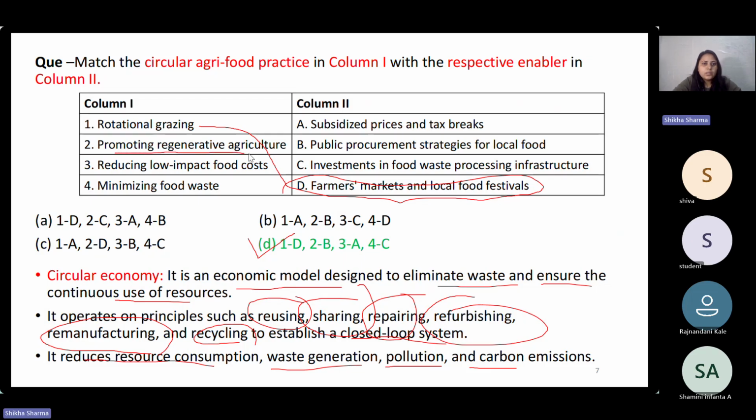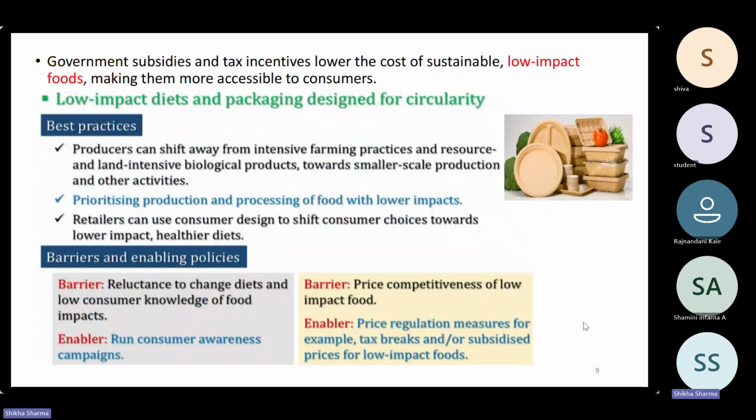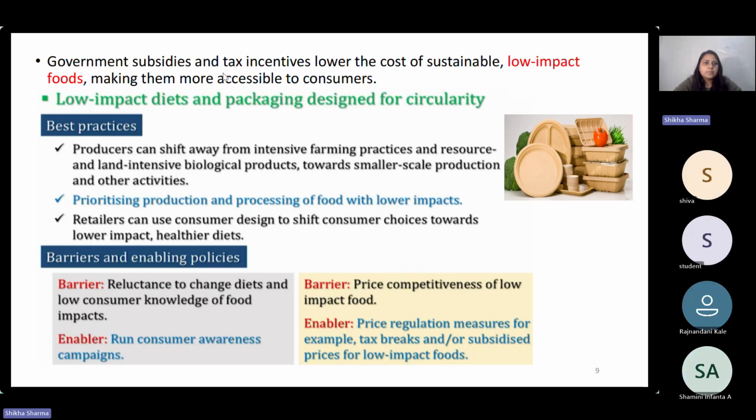This second, which is promoting regenerative agriculture, is related to public procurement strategies for local food. So if all the farmers go together, or all the customers go and purchase in bulk, and public procurement strategies are there, it is going to promote these regenerative agriculture practices. Then, the government subsidies and tax incentives. Basically, when we talk about the second concept, which is low impact diets